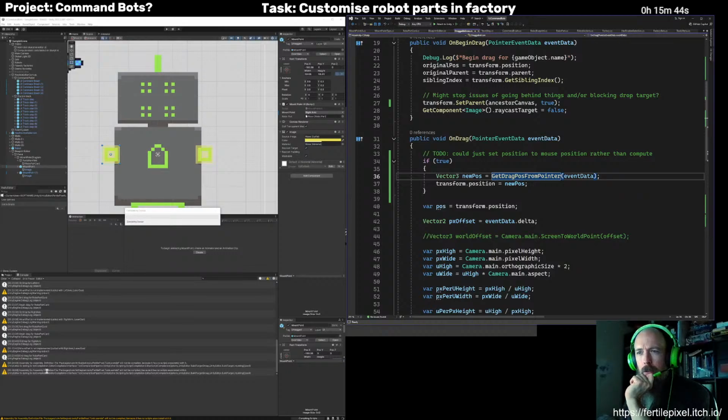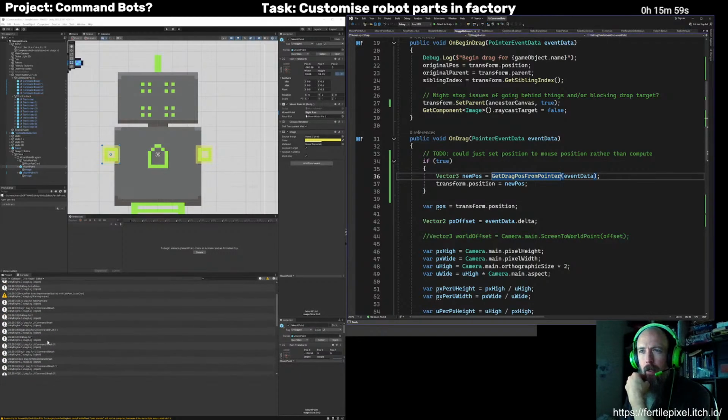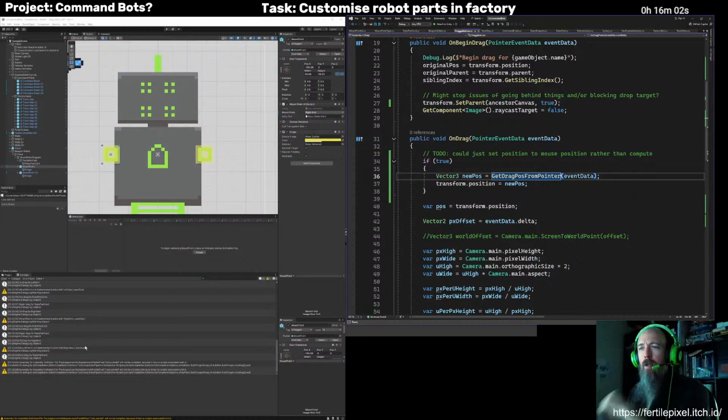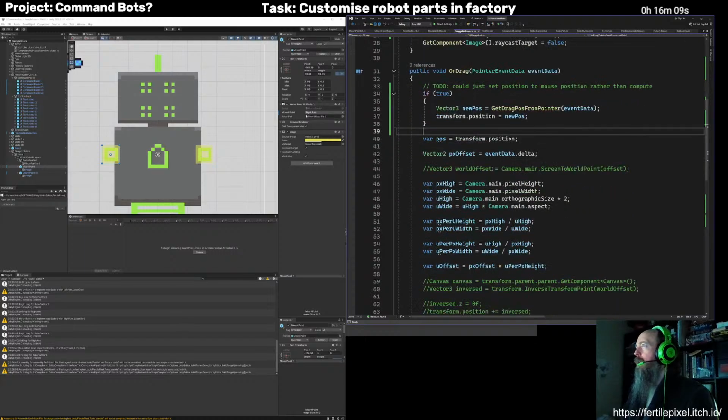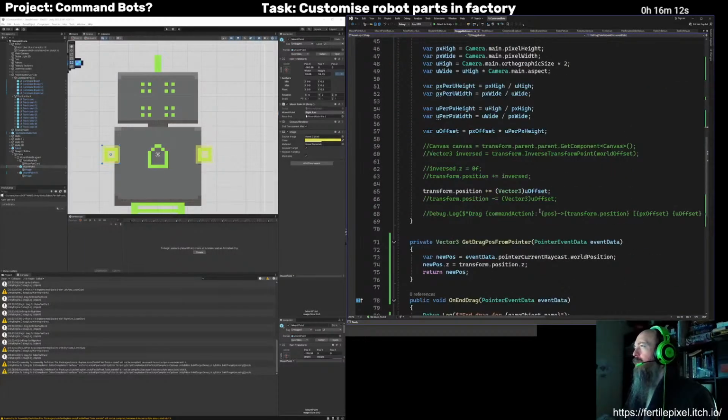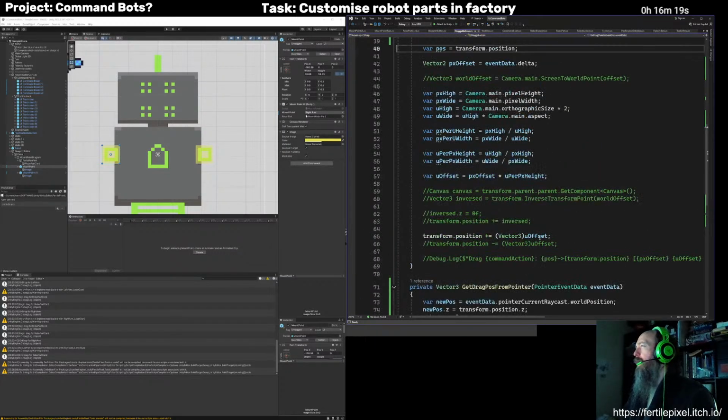Now, what have we got going on down here? This is just saying it's not going to compile my tools assembly because apparently there are no scripts associated with it. And these ones are fine because I haven't implemented that, and that's why it's doing that. And there's still a bit too much debug logging there. I can clean some of that up. Anyway, all of this stuff here is adding that onto there.